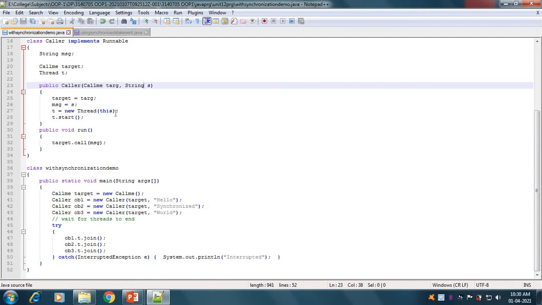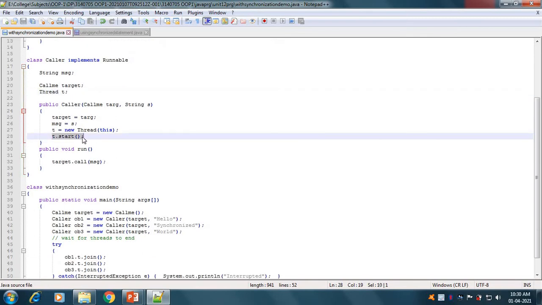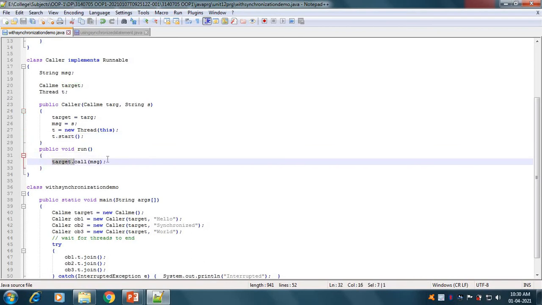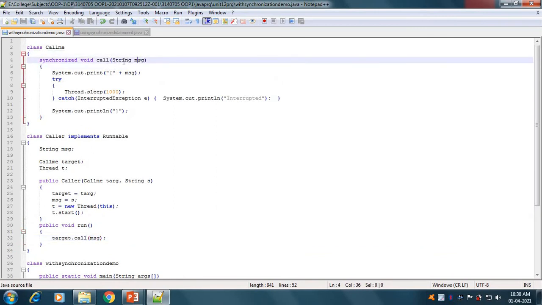After it we have put a try and catch block. If you do not want to put try and catch, then we can also put throws Exception. In it we have called the join method. So at the time of calling our constructor, if we call Caller ob1 = new Caller(target, hello), the constructor will be called. Here our object will be target, and our string will be hello. So target will be the object, and message will be hello. Then t is equal to new Thread, so here our thread is t. So t.start will start our thread. Target.call(message), so our message is hello, and hello will be passed into the call method. We have put the synchronized keyword here, so it will synchronize the method until it completes its execution.